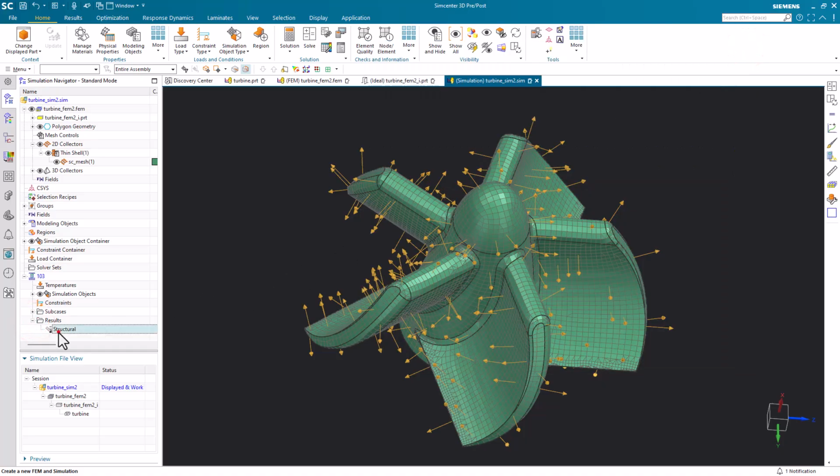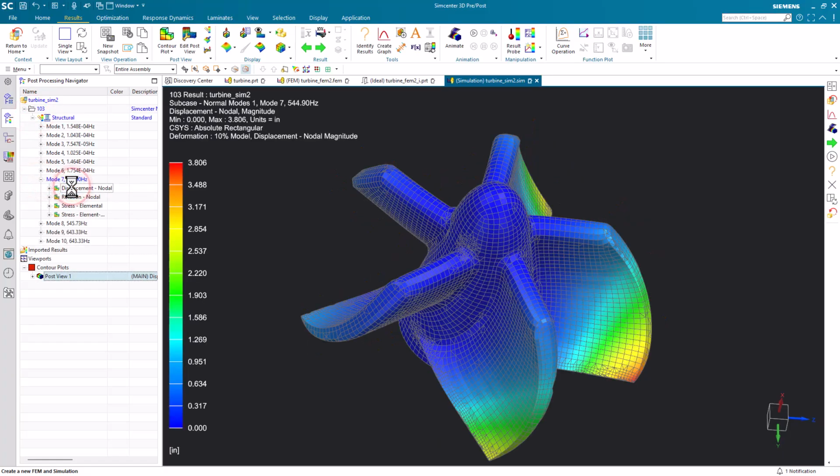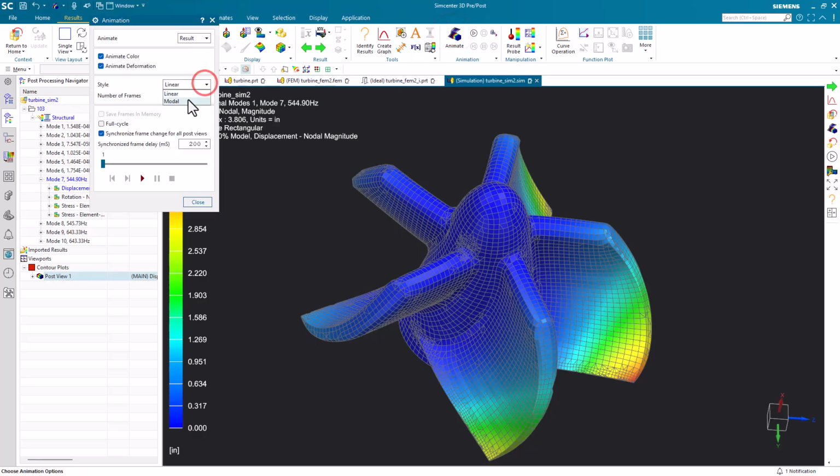And we can view our modal results. So here, since we didn't specify any constraints on the model, we just ran a free modal analysis. The first 6 modes will be rigid body modes. So we'll look at our first flexible mode, mode number 7,